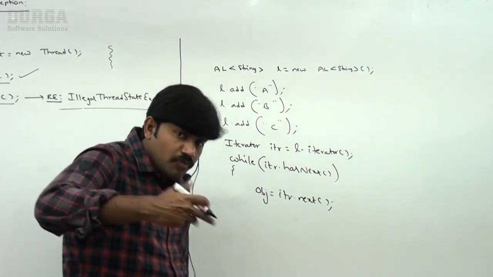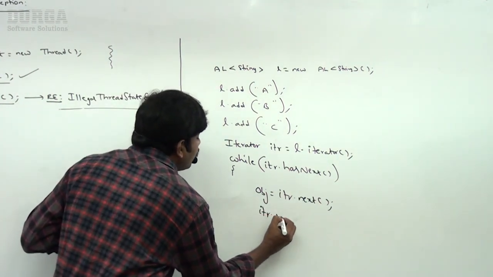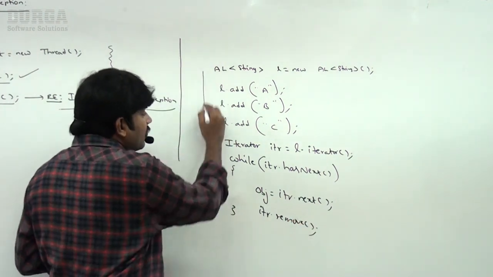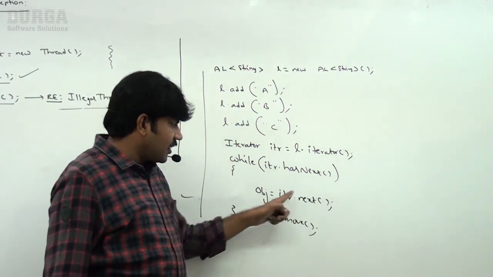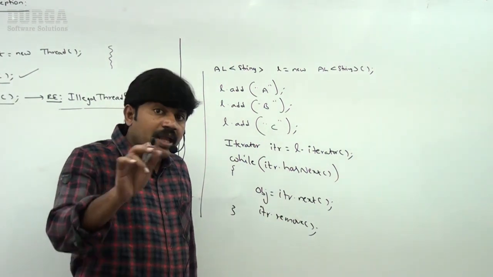I want to remove this object. No problem, sir. itr.remove(). Acceptable, sir. No problem at all. Sir, got the next object. Can you please remove that current object? Acceptable, right? By mistake,